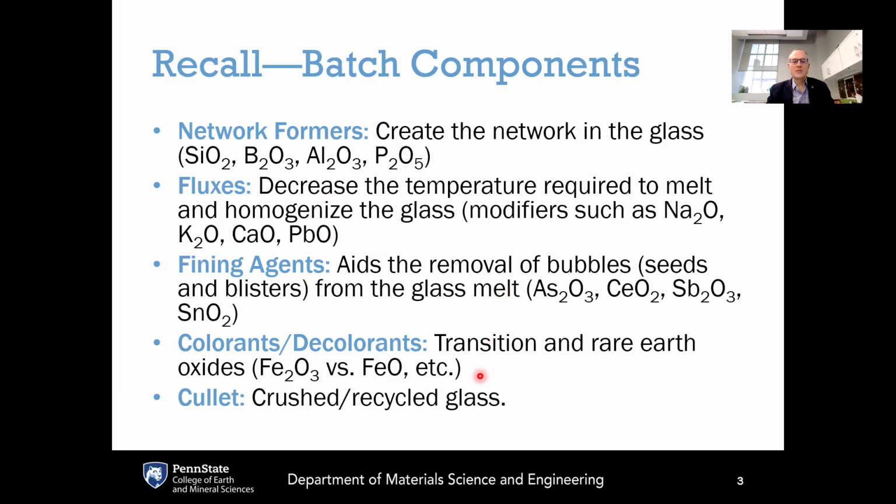We can also add things to change the color of the batch. These are usually transition metal oxides or rare earth oxides. And finally, about 20% of the batch is usually cullet. As I mentioned last time, cullet consists of recycled glass that comes from outside of the factory. So this is glass that you recycle. It gets crushed up and then sold back to the glass factory as cullet in order to be included into the batch. Cullet can also be generated internally within the factory based on any glass product that fails quality control. That just gets dropped into a bin and then crushed up, and then that internal cullet is also fed back